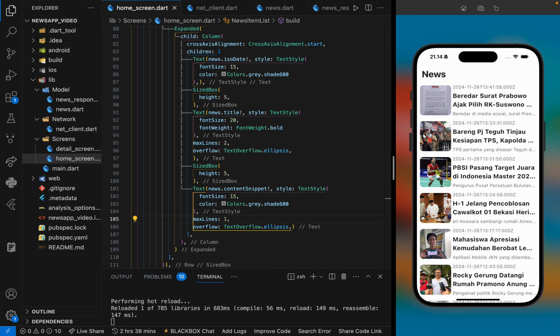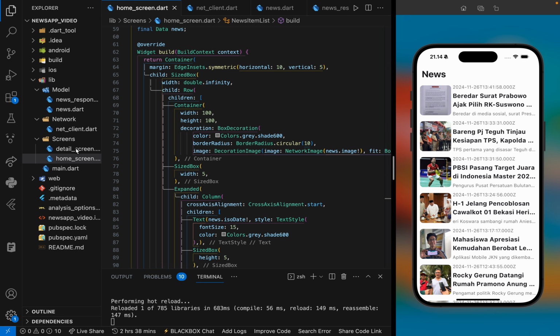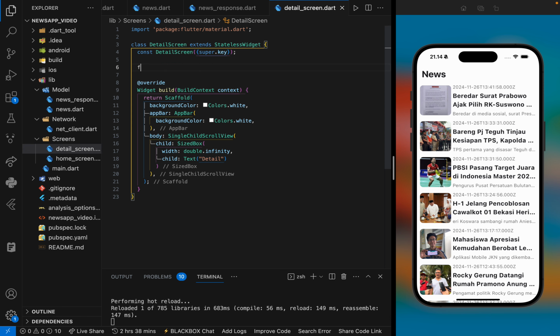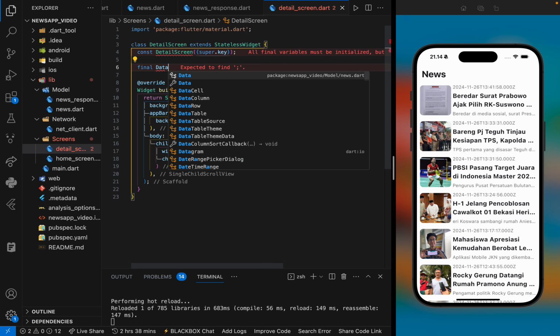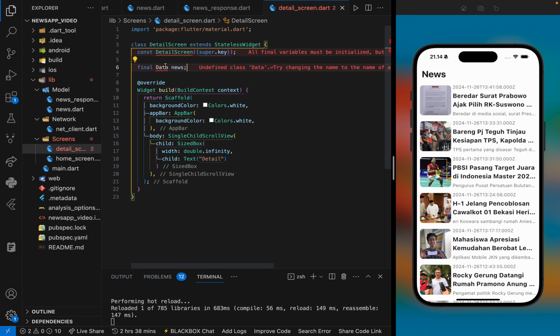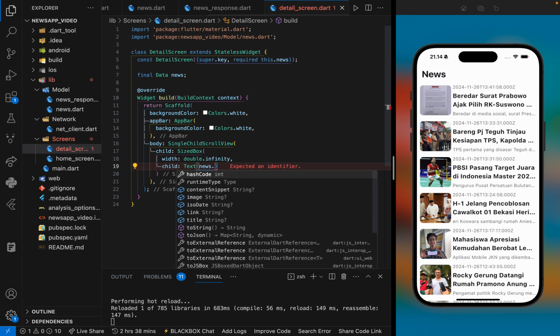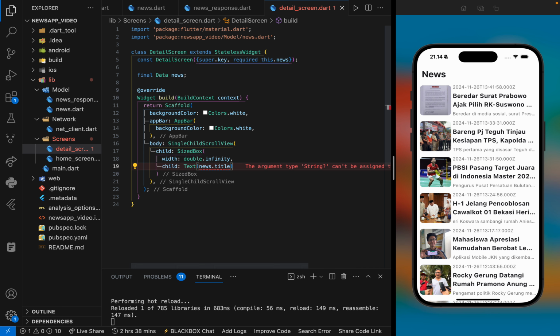Now we're going to create a detail screen. How to create the detail screen is quite easy. Go to the detail screen file. As you can see here, I already created the app bar and also the content. Maybe we are going to immediately call the model news. Don't forget to import and also the format parameter, and simply just call news.title first,